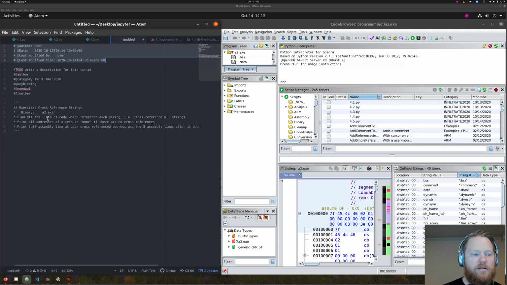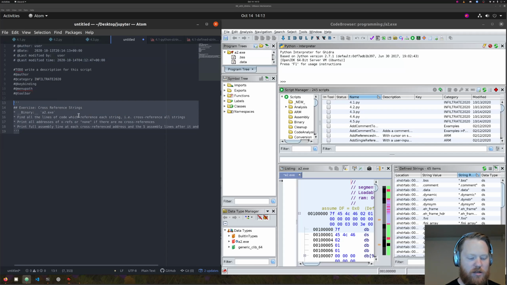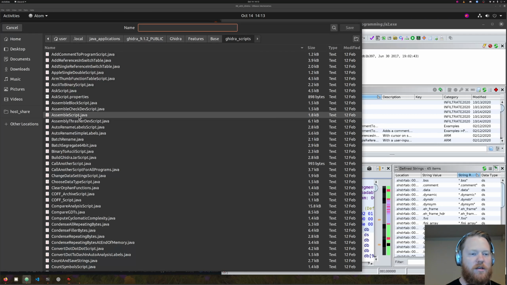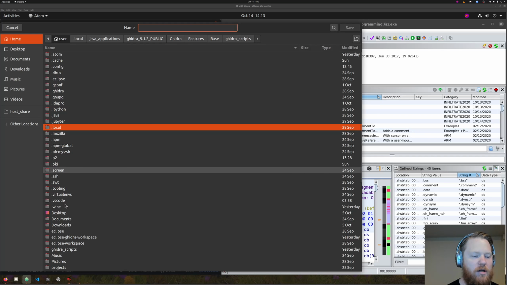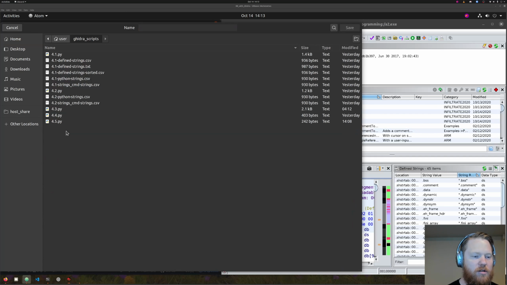And then I pasted the requirements for the exercise down here. So I'm going to save this, not in the actual Ghidra script directory, but rather just in the user Ghidra scripts directory, which should be made by default. So let me call this